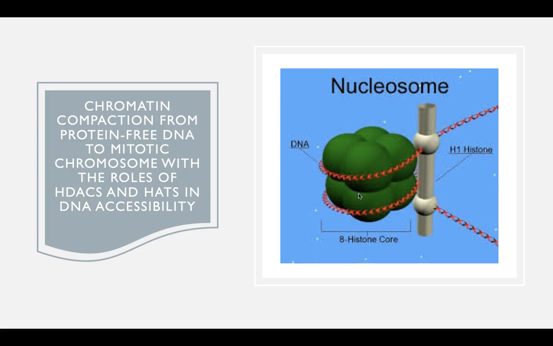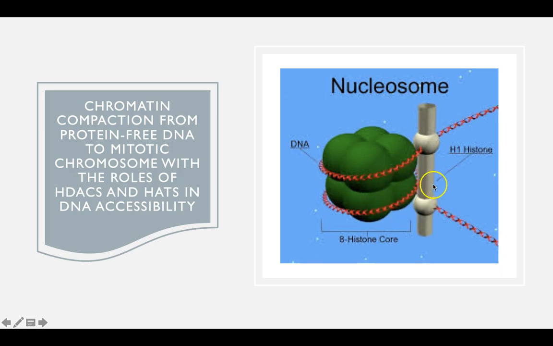There are 4 different histone proteins that are part of the nucleosome itself. So you have H2A, H2B, H3, and H4. There are 2 copies of each of these 4 histone proteins, and they come together to form this octamer. This octamer is simply a protein complex made of 8 individual protein subunits. The unique thing about the octamer is that it is shaped like a spool, which allows 147 base